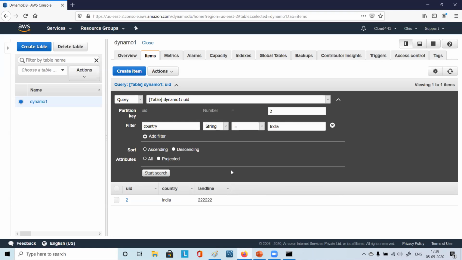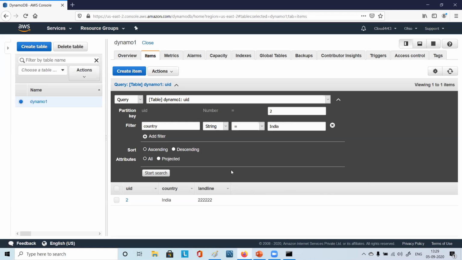A lot of things can be done, but how it queries internally and how it fetches the information and how fast it is, that actually matters, right? So you don't have to have any particular structure here. You don't have to have multiple tables and relate this table with that table. All those things you don't have to do. So that is what NoSQL is, right?